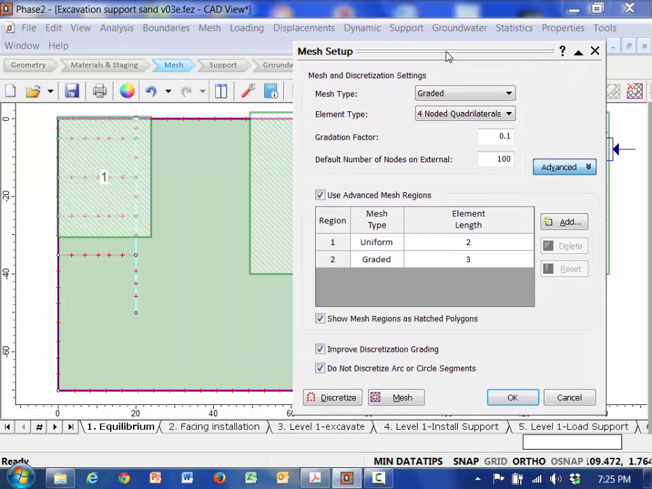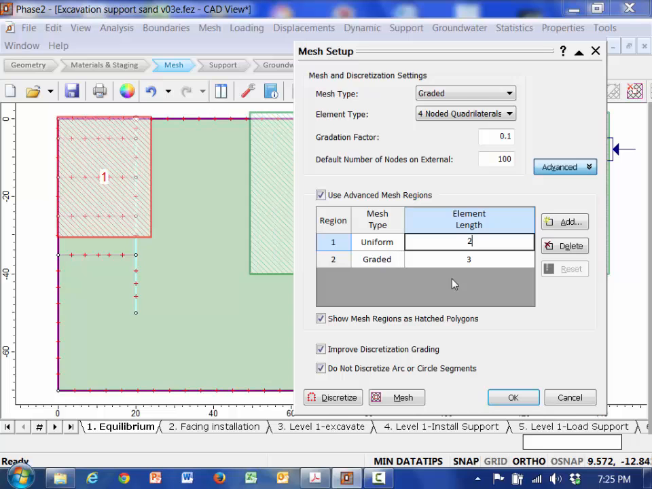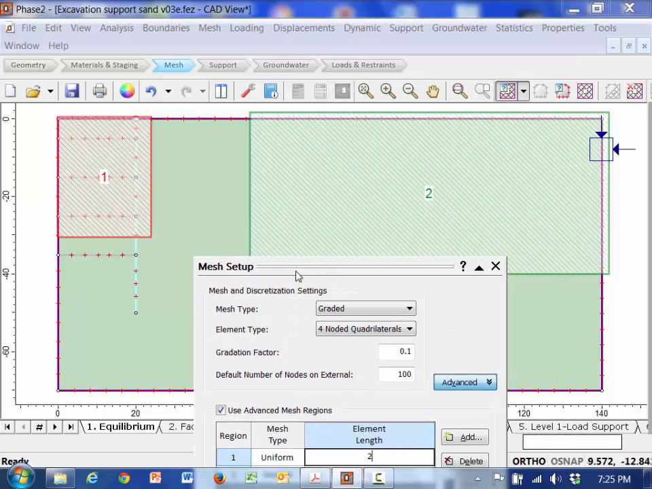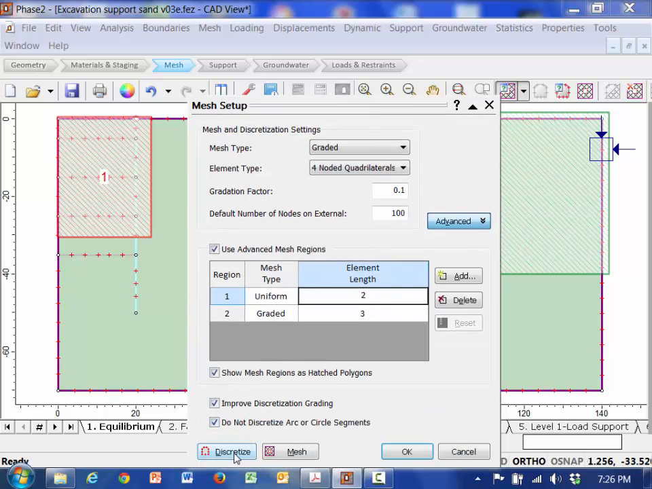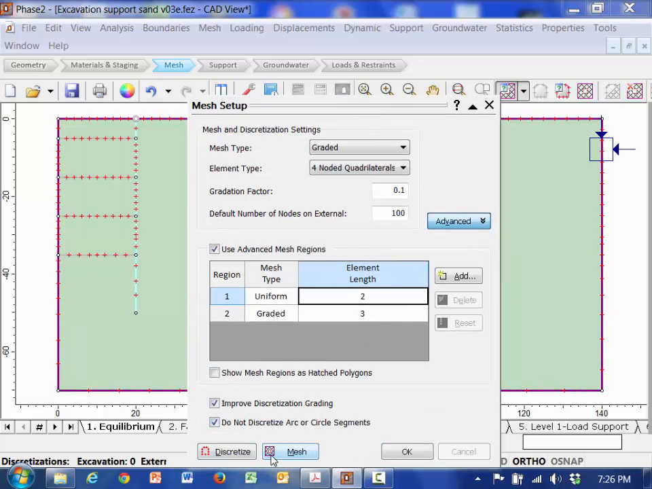So I've created 2 zones. I've gone here in the middle and said, hey, I want this a lot finer. And so in this region, I've told it to do a finer mesh. And then out in the outer region, I said, I want you to grade this mesh so it gets coarser as I go out. So that one I put graded. And the only way you can do this is just play around with it. But if I discretize this now and then mesh it,